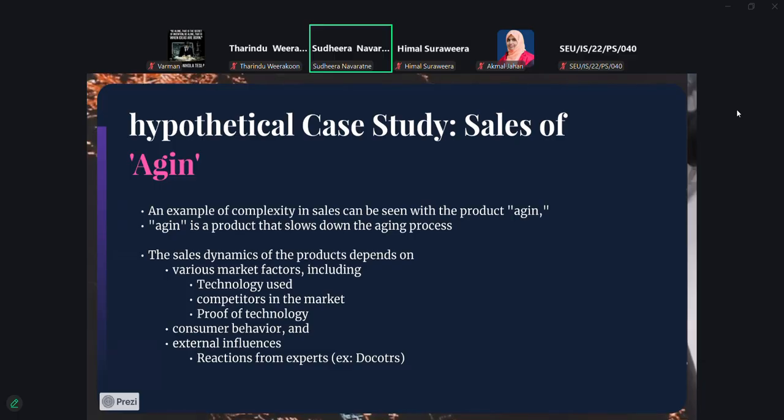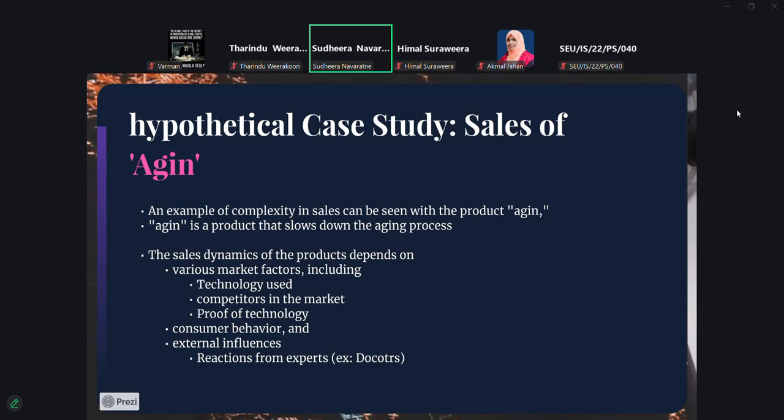The sales dynamics of this product depend on various market factors, like what technologies are used to build this product, right? Is it a proven technology? That means whether this technology is proven to guarantee that your aging process is slowed down.